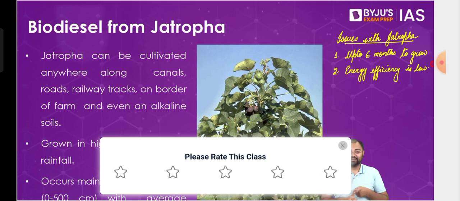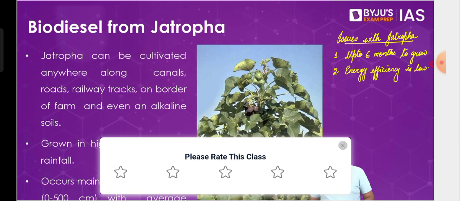First of all, you are taking so much time for the seeds to grow and be available. It can take up to 6 months, then the processing of fuel will begin. So very easily, it's a 7.5 month process. We can't expect to wait 7.5 months to get fuel from Jatropha, because the normal crops can do the same work for you within a month, or 1.5 or 2 months. So time is a factor and efficiency is a factor.